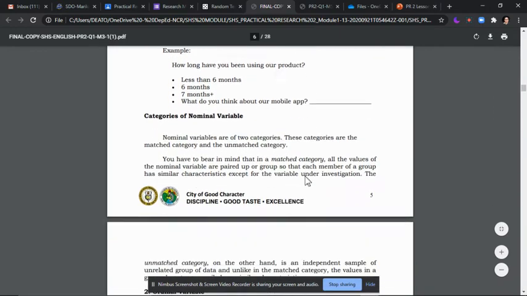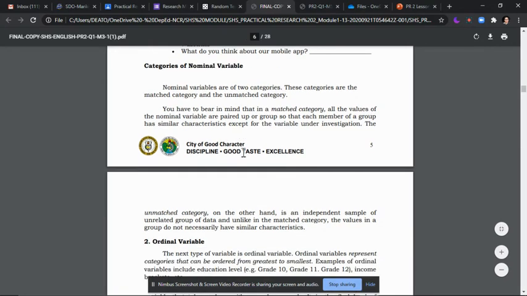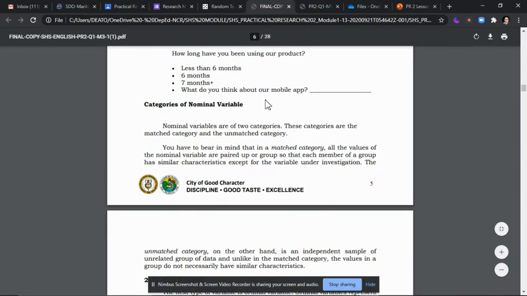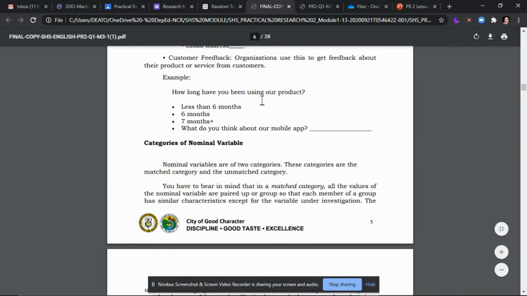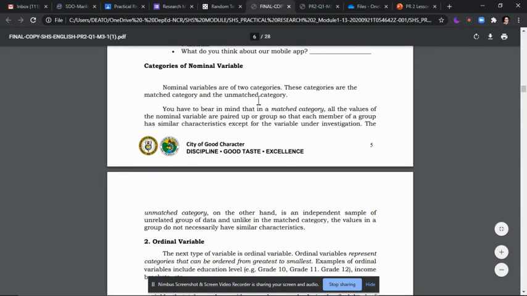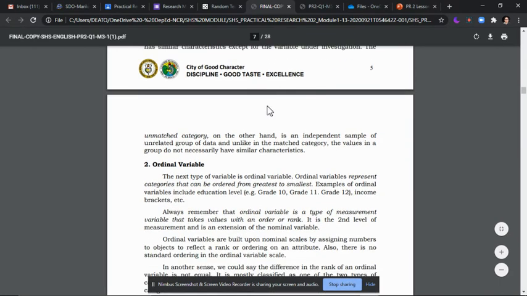So, sir, kailangan ba namin ng nominal variable pagdating sa research? Kailangan nyo pa din kasi sa quantitative research, meron pa rin kayong qualitative explanation dito sa chapter 4. So kailangan nyo pa din 'yan ng mga 'yan. Pero minsan may mga researcher ng quantitative na hindi na siya inilalagay.